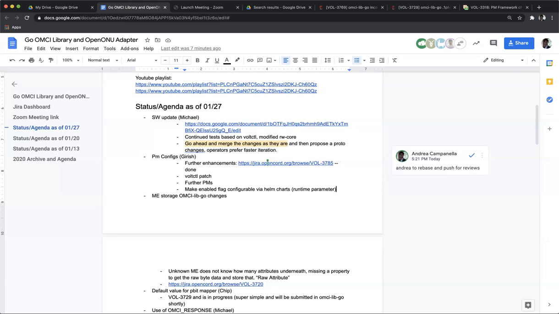I got what you're saying. Yeah. I have a GUI, for example, a user interface, and I click on an ONU and say let's disable all PM collection for this ONU. So for doing this, I have to go to Volta, get the whole PM config structure, then change the flag, I don't know, for example, a group flag on it, and send it back to Volta. So first I have to query the existing one, then change the parameter, then send it back to Volta.